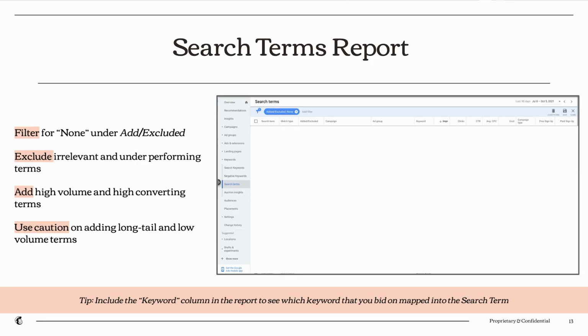One more thing I want to add. I have a column here called keyword. I'm not sure if you can see it, but essentially here I'm manually adding in the keyword column, which helps to tell me which keyword that I'm actively bidding on is mapping into which search term that the user's actually searching on the Google results page. I always recommend adding in keyword even though they don't do it by default, because it helps you understand where you might have a mapping issue.